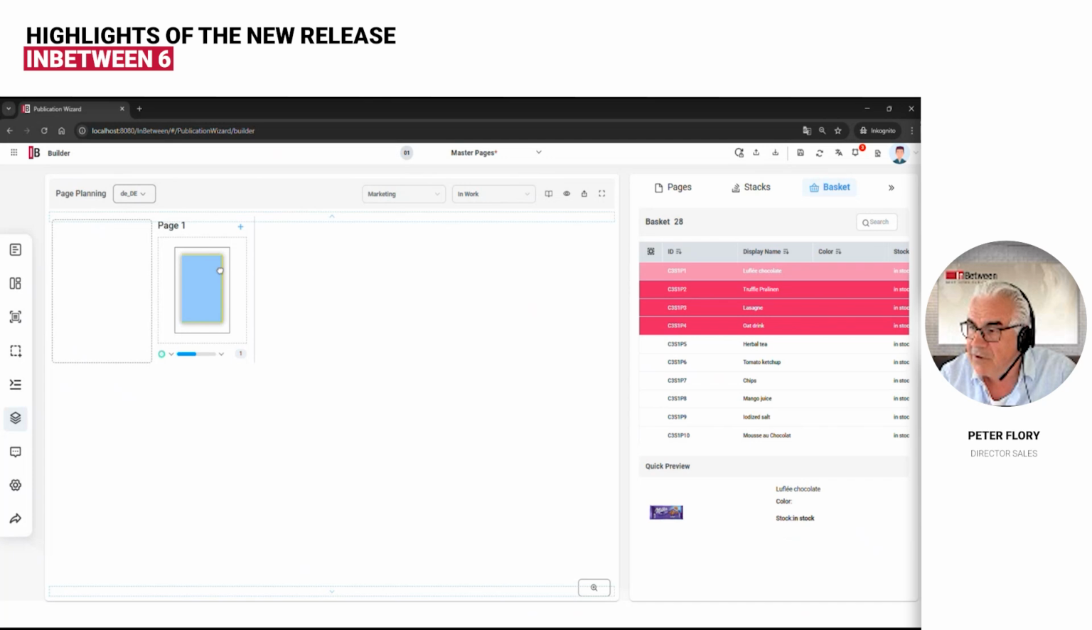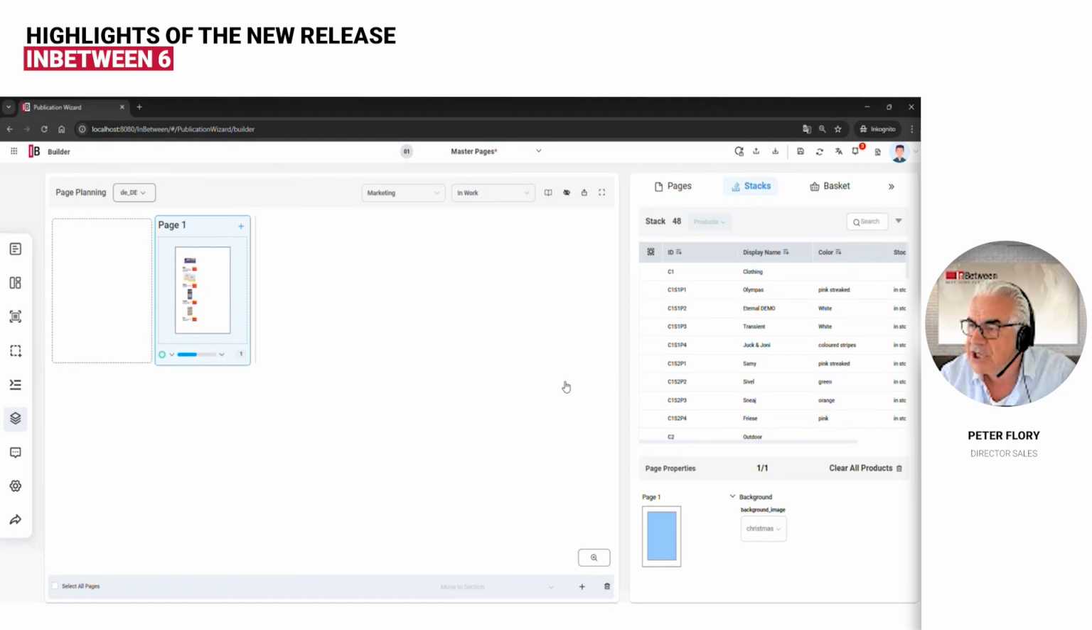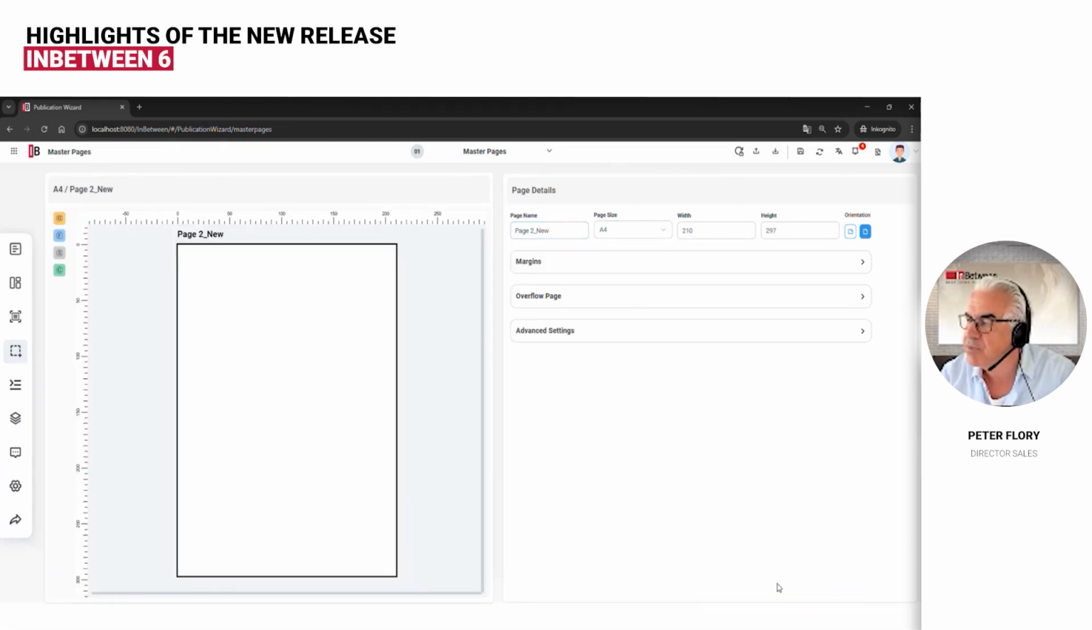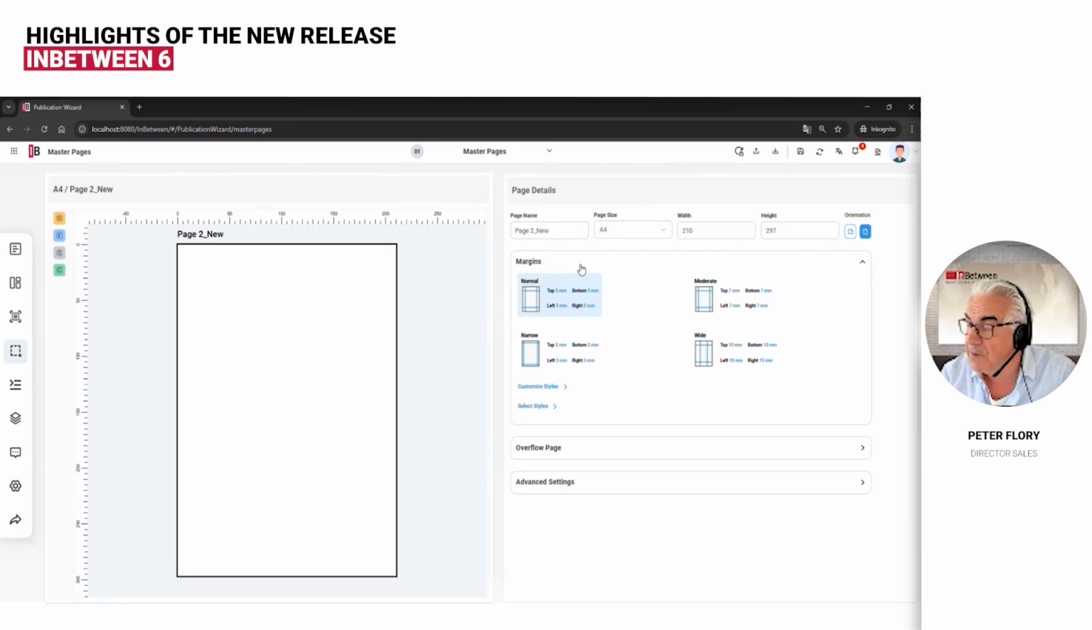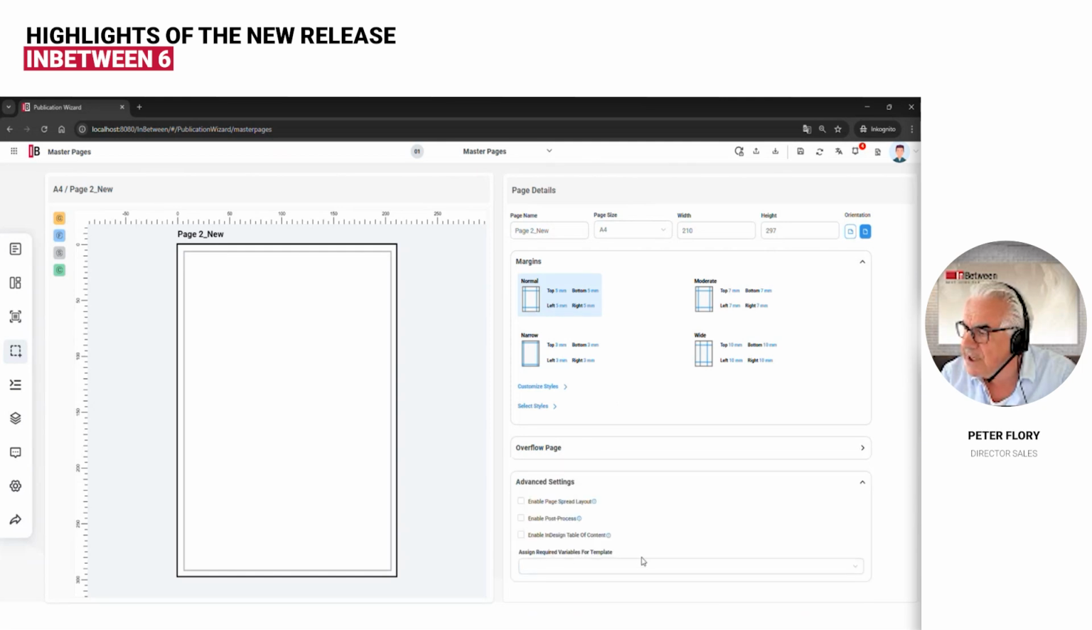I can drop a number of products onto that master page, and I can generate that one page. And as we can see, the products on that master page work very well. It's not the best layout. It's a very cheap layout, as I would say, but I think it brings across the point. We can obviously define different types of master layouts. We can define the margins, and we can